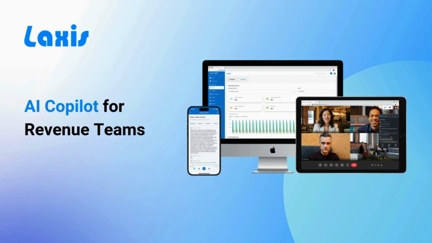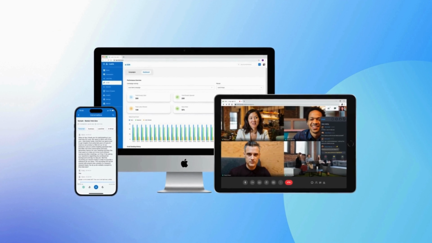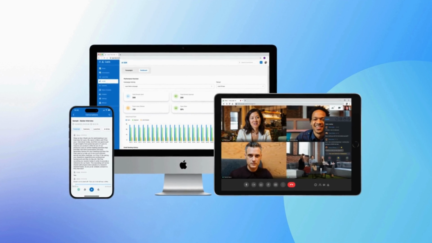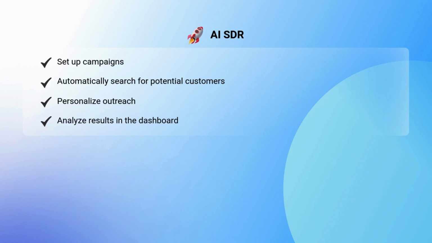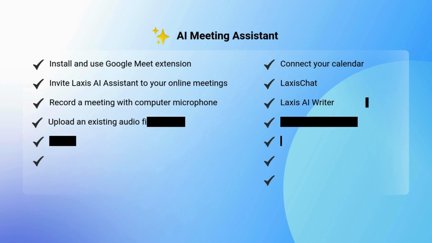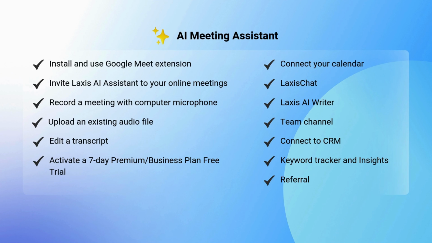In this video, I'm going to show you how to use your Laxis AI Copilot. This video will guide you through using Laxis AI SDR and Laxis AI Meeting Assistant. In AI SDR, you'll learn to set up campaigns, automatically search for potential customers, personalize outreach, analyze results in the dashboard. In AI Meeting Assistant, we will cover how to install and use Google Meet extension, invite Laxis AI Assistant